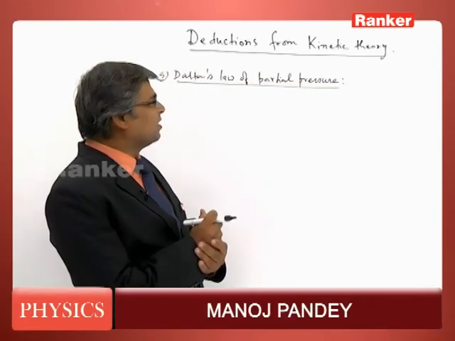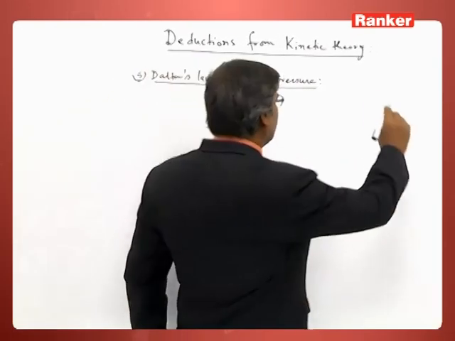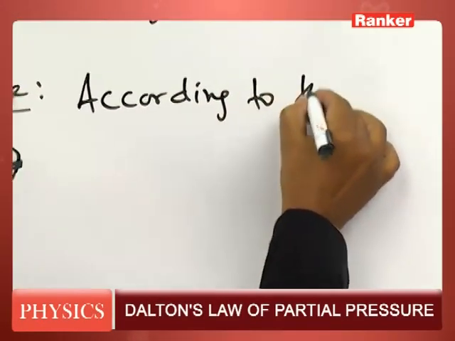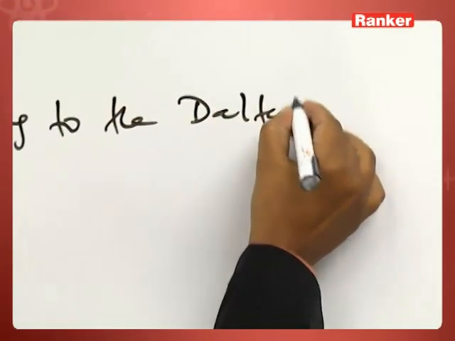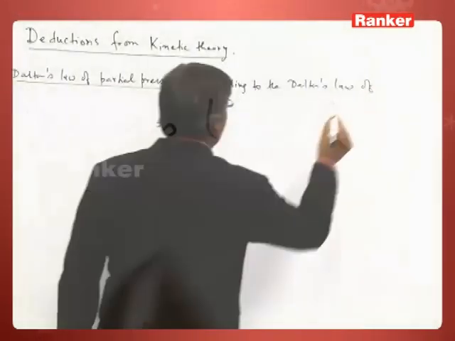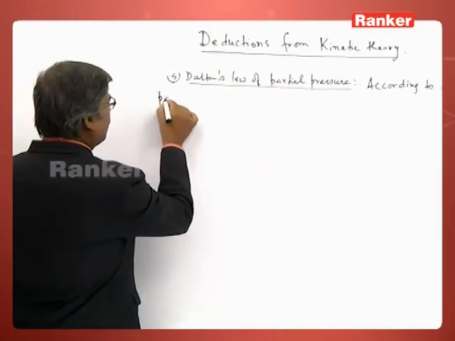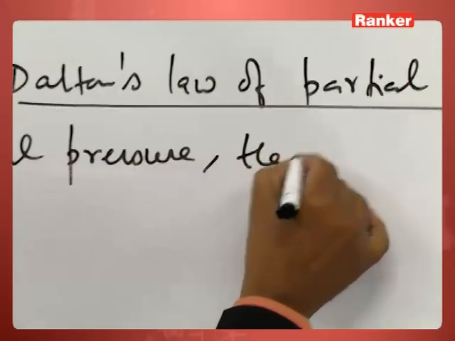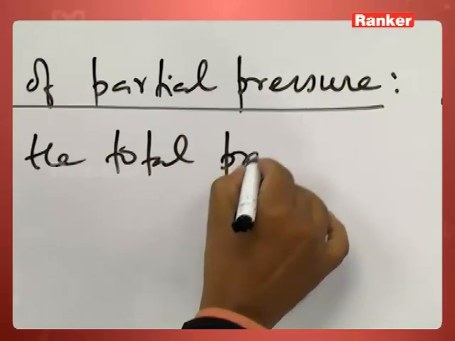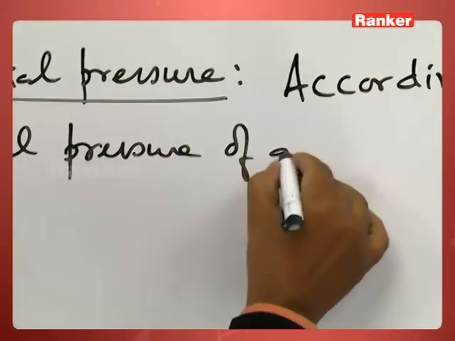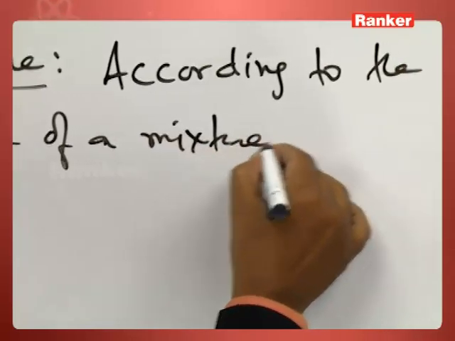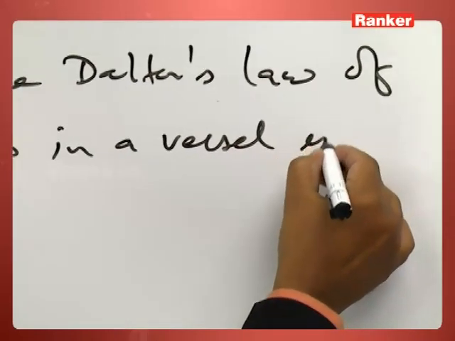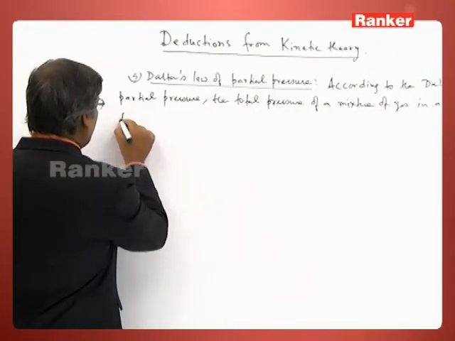So now let us see Dalton's law of partial pressure. According to Dalton's law of partial pressure, the total pressure of a mixture of gas in a vessel is the sum of